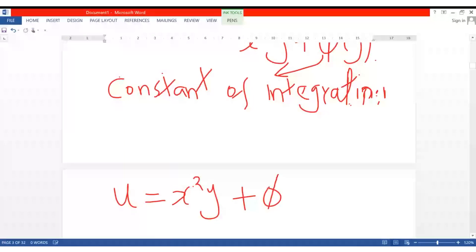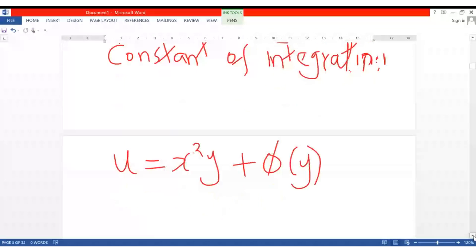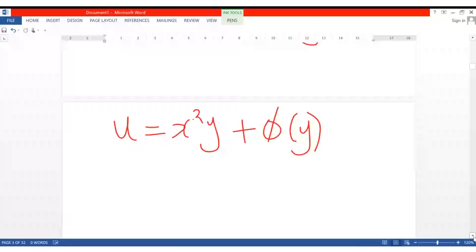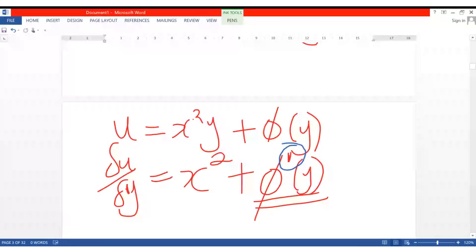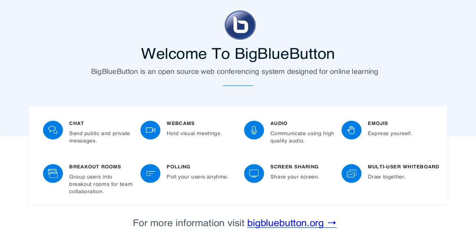So after I've integrated, now I will again differentiate, partially with respect to y, differentiating the function only once. Only once. So when you differentiate phi,